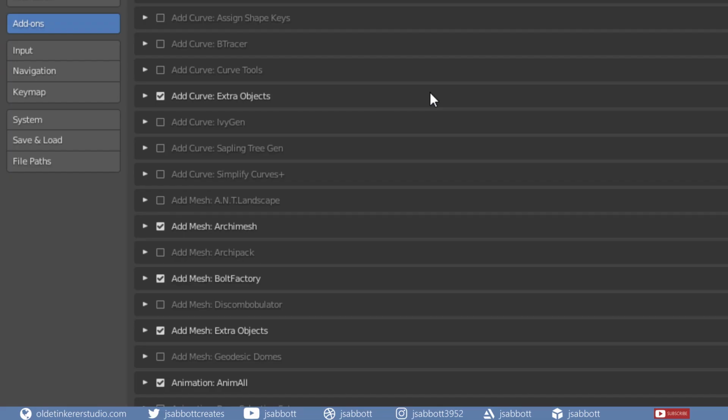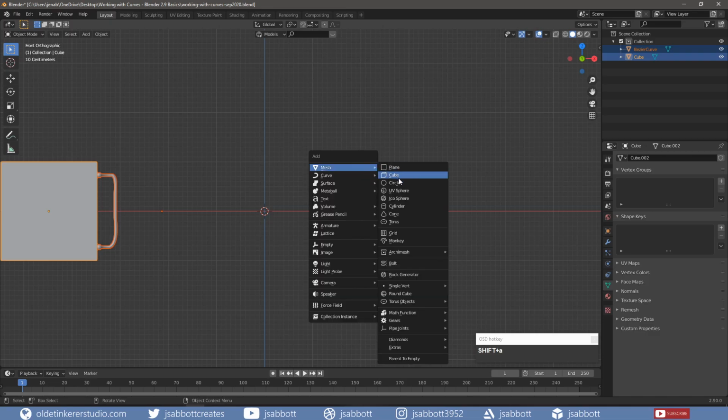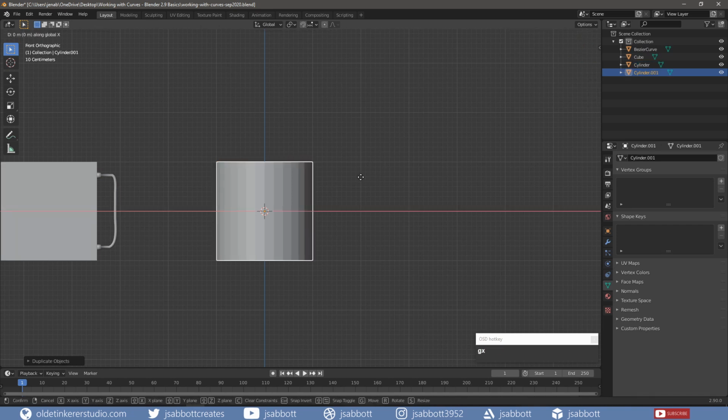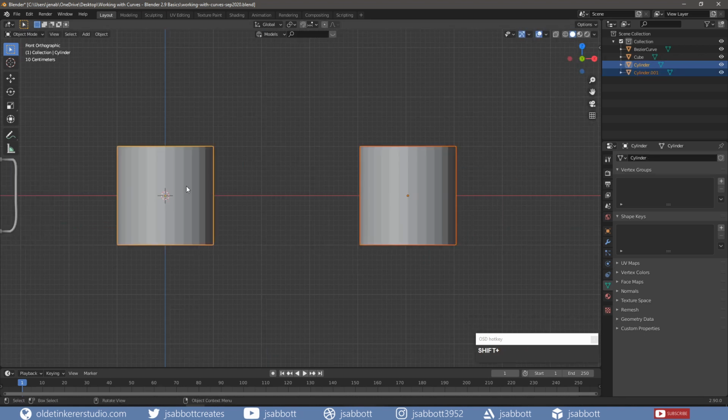For the second example, you need to go under Preferences and make sure you have the Add Curve Extra Objects activated. Add a cylinder. Duplicate the cylinder and move it to the side. Select both cylinders. Using Shift-A,